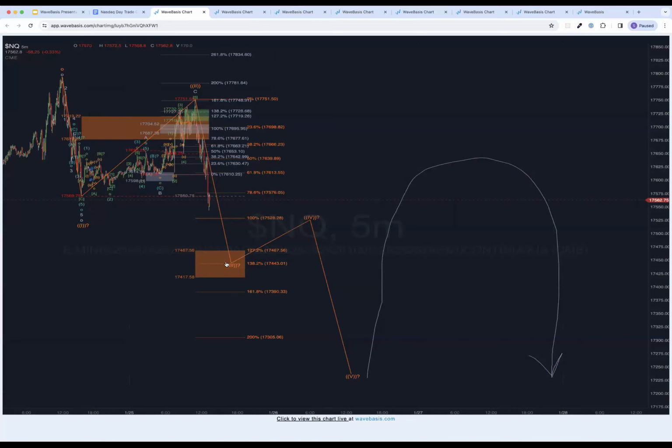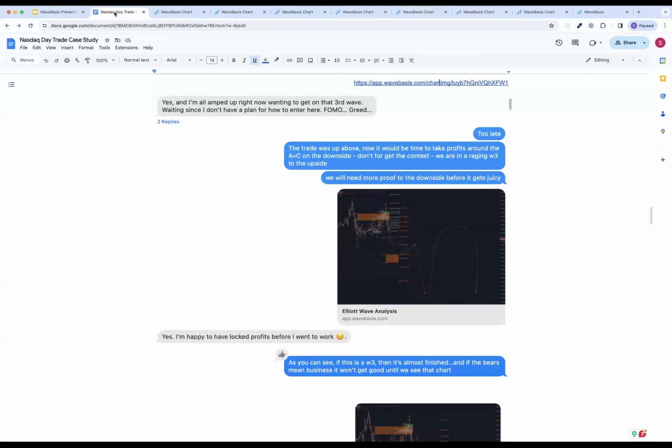My personal taste, especially when I'm busy doing other stuff, is I'm not going to mess around in here on a 5-minute chart. I'm just going to let it play out and see what happens. The move is the 5-3. I love 1-2s wherever you can find them, whether it's in a wave C or anywhere.